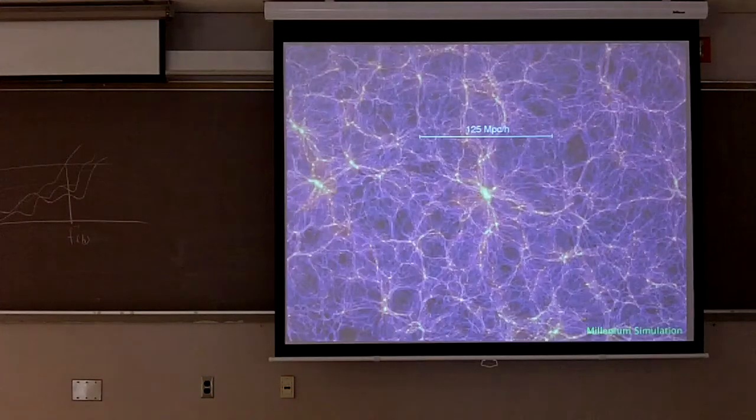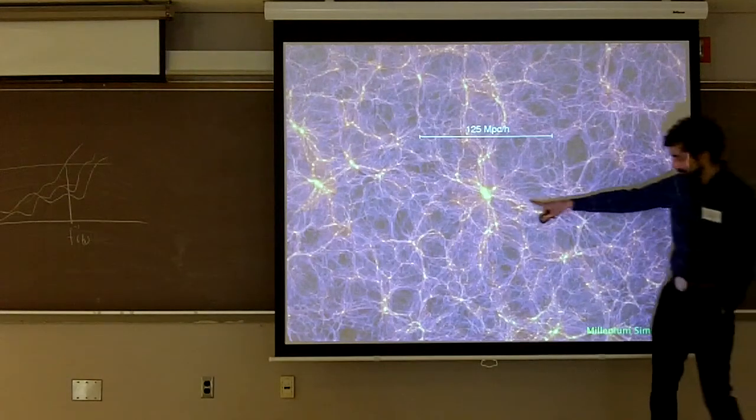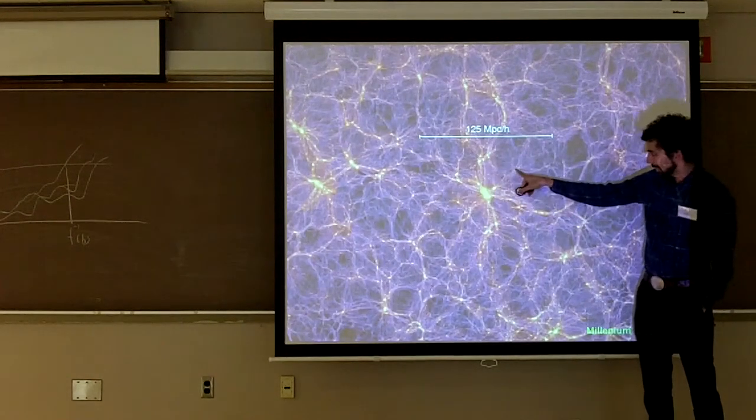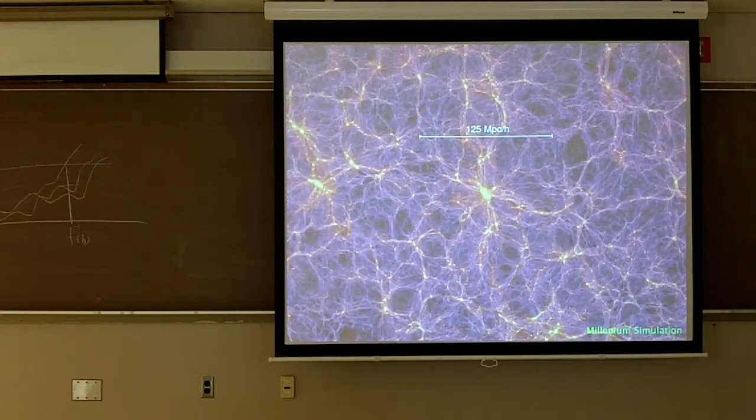And I'm going to stress throughout this talk how bad we are at doing this for the rest of the diffuse universe. This is the Millennium simulation, and what you're seeing here is dark matter. This is all the dark matter in a gigantic simulation of the evolution of the universe. You can see that there are point-like things that you might consider objects, but they're connected in an incredibly intricate way. If you thought about this just in terms of points, halos or locations, you'd be missing a lot of the information.